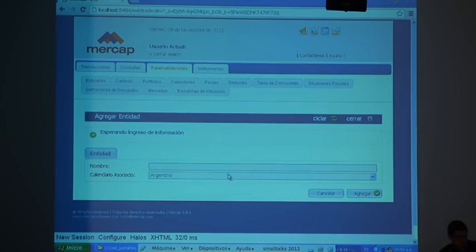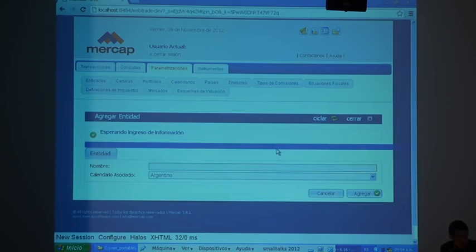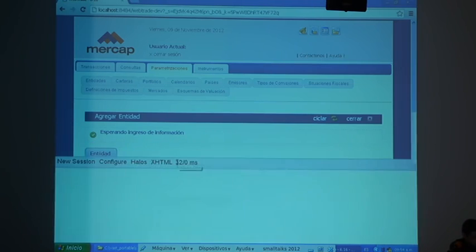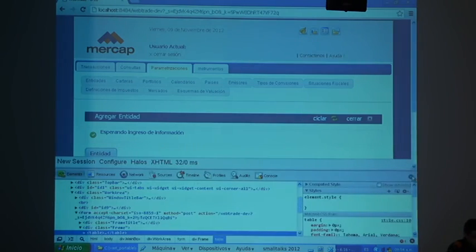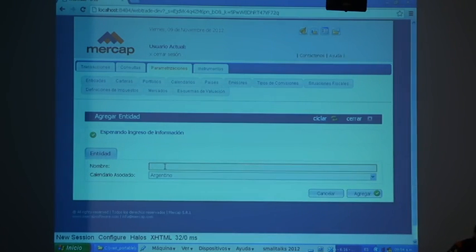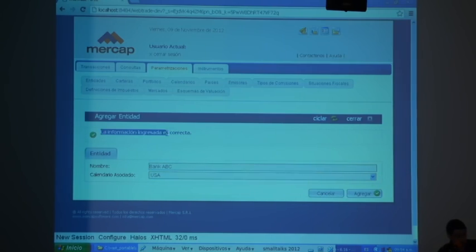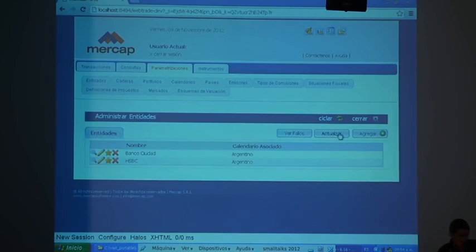As you can see, this is pretty much identical to the desktop window. We enter the name, yes, and we pick the associated calendar. We kept the status bar, which gives feedback to the user, yes, and well,